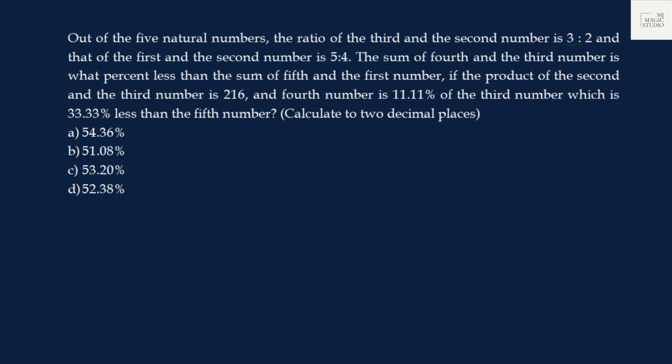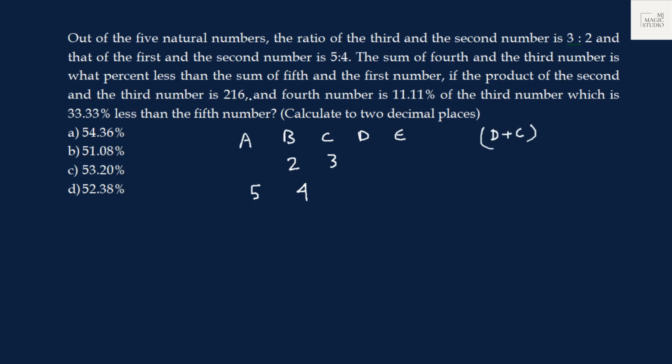One of the five natural numbers. Out of the five natural numbers, the ratio of third and second. A, B, C, D, E, five natural numbers, ratio of third and the second is 3:2. And that of first and the second number is 5:4. The sum of fourth and the third number